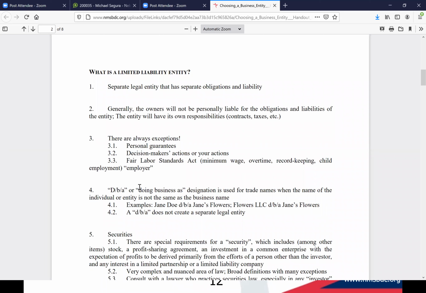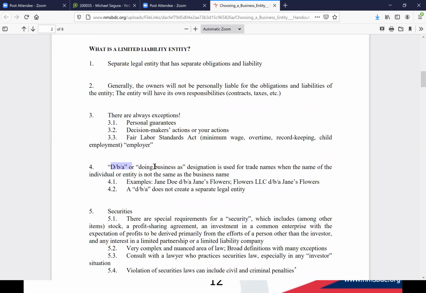And whenever I look at limited liability companies, I always see this DBA, or doing business as. There is no state level DBA registration process like there may be in Colorado and Texas. So if you have a business structure that's, say, Garcia Inc., in my case, and I wanted to operate under Chris's Heating and Plumbing, that would be my DBA name, Chris's Heating and Plumbing. And I would only designate that on my municipal business license. There's no state licensing requirement.